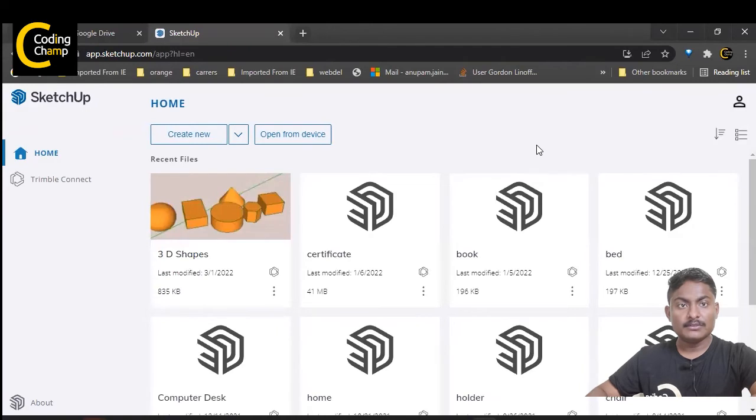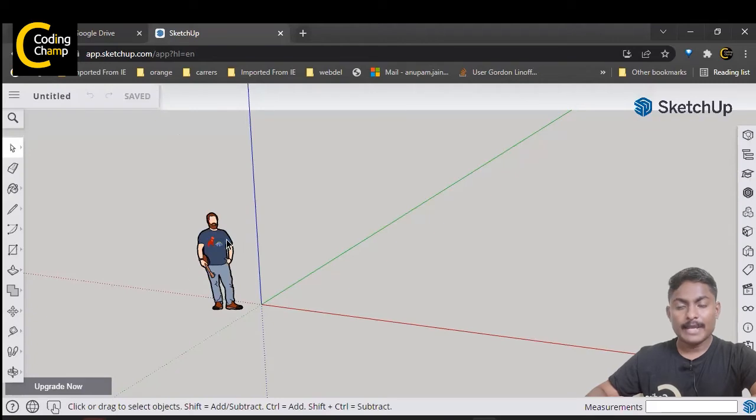Now sign in with any Google account, and after signing in you will see this interface. This is the interface of SketchUp, in which you will be able to create a new project. So you have to simply click on Create New, and when you click on it, you will see this man. You can simply remove it by pressing the delete key. Okay, now